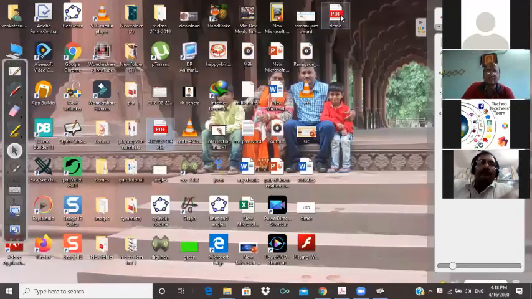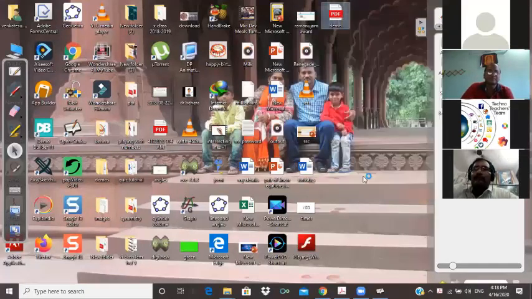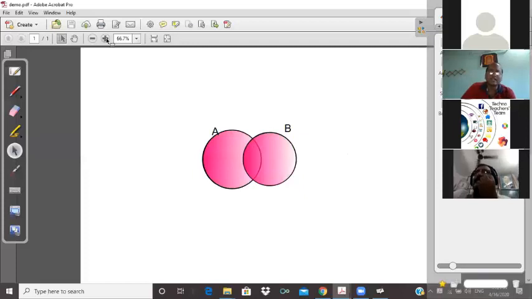You can see this one. Now I am opening it. Look at this, you can see this PDF. Like this, you can create any number of PDF files with great ease. So, in this way, you can create PDF files like this. This is one example.